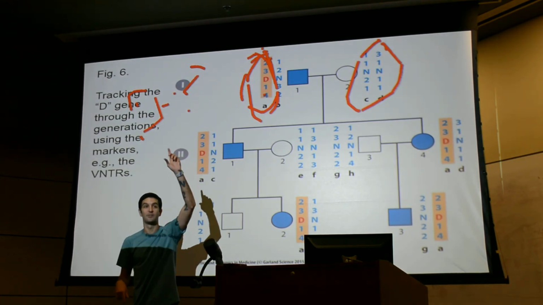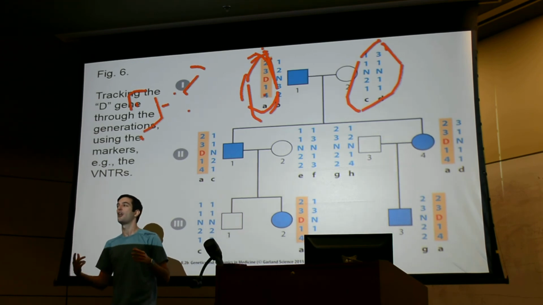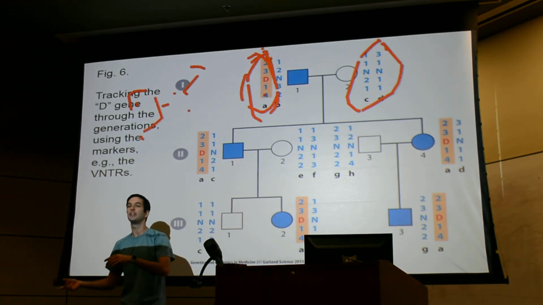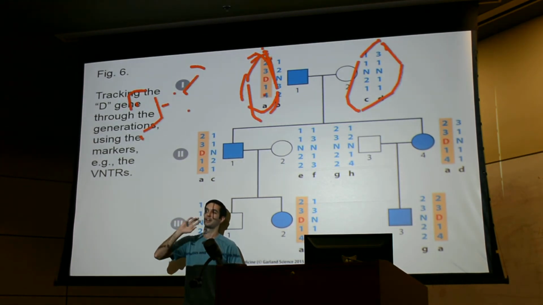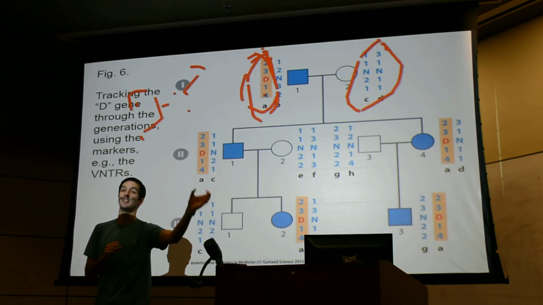I then get a list of all those genes, and I say, okay, based on what I know about those genes, which of them, if they're screwed up, would lead to a disease state like this? Hopefully it's just one, and then we can go from there. But if it's more than one, we then need to sequence each of those genes individually.